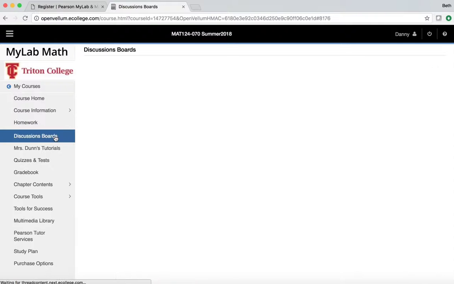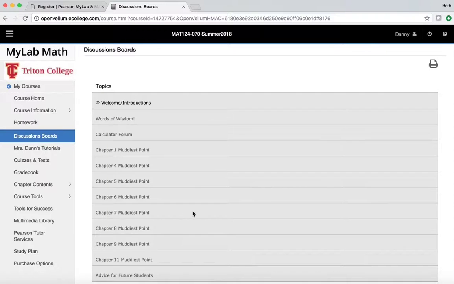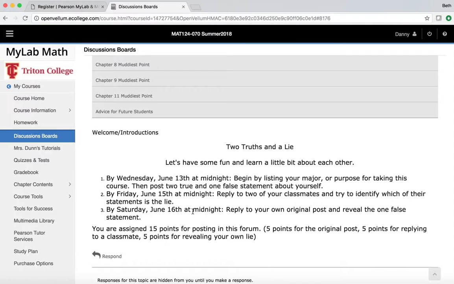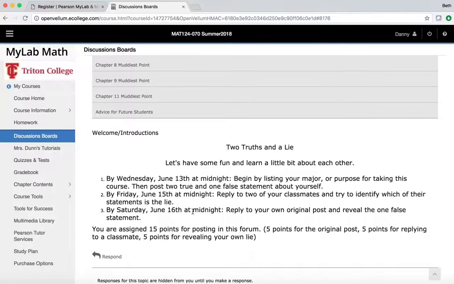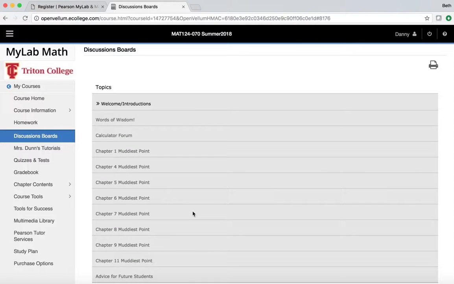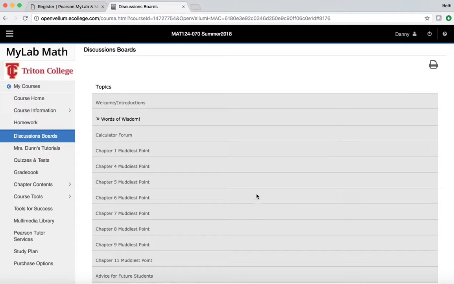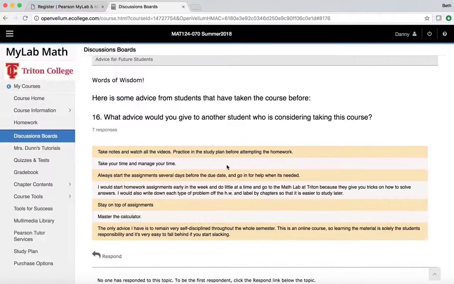The discussion boards are found on this page, and so you can post anything on here. I'd like to point out the words of wisdom. If you click on that link, these are some comments from students that have taken the course before, so you might want to read through this. It's some advice they would give you on what they did and what they suggest you do so that you can be